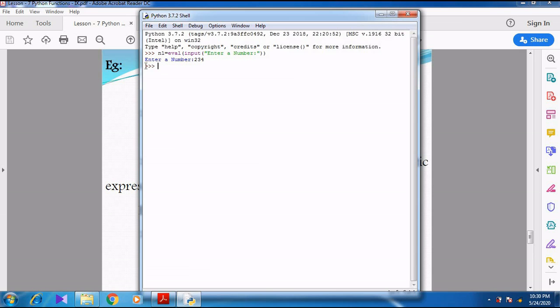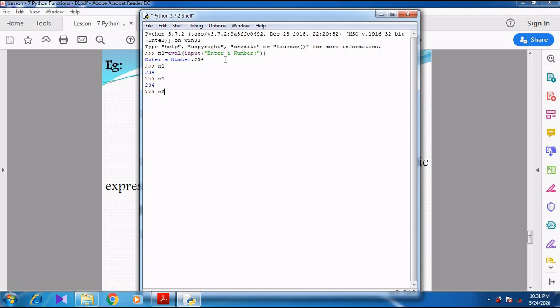Now in the interactive mode, the Python interpreter is displayed. When I type n1 and press the enter key, it shows the value 234. Wherever I type the variable n1 and press enter, it shows the result.